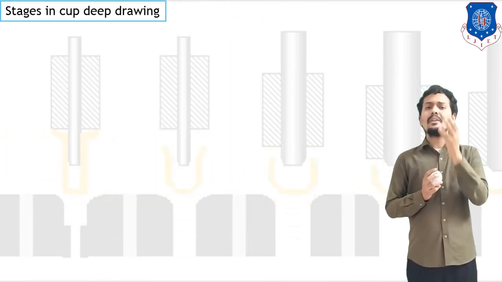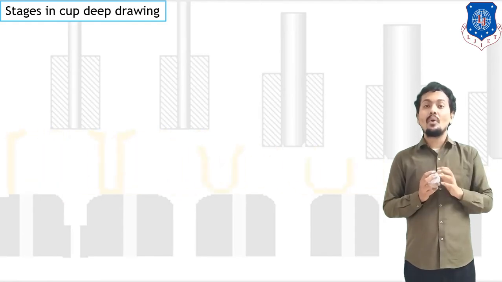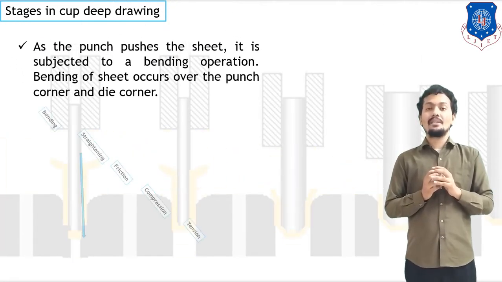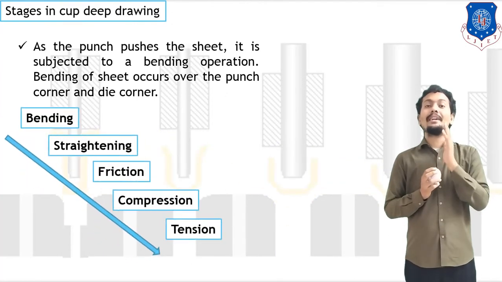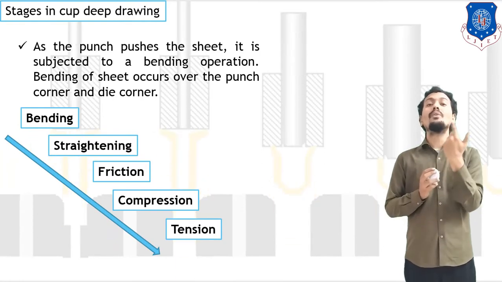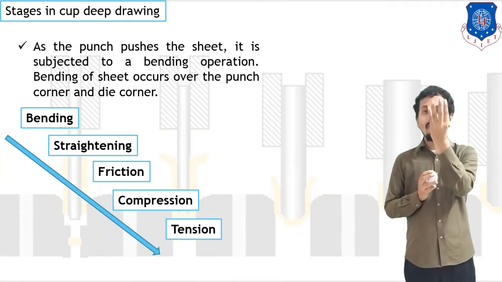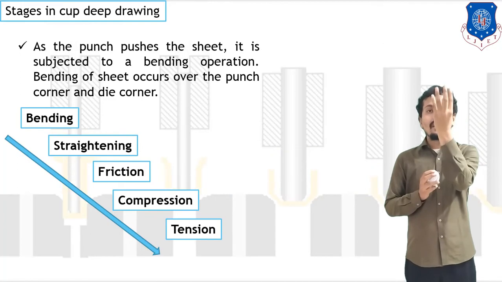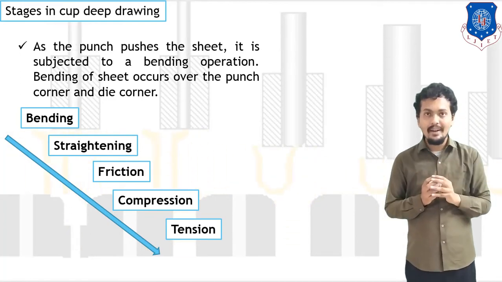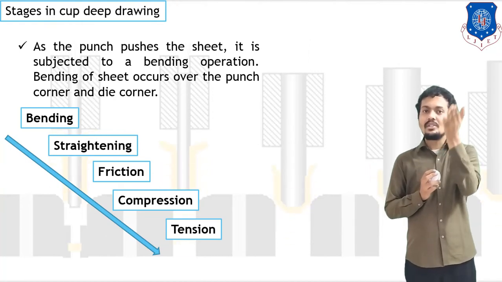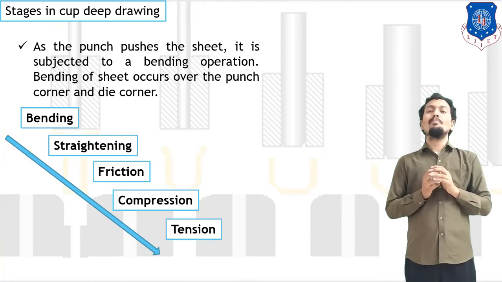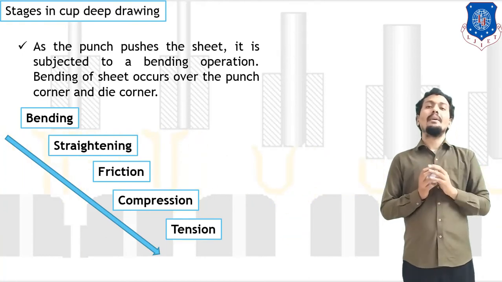So here I mentioned the different stages in the deep drawing process, right? In the deep drawing process, as per our discussion, what happens here? We have to hold our sheet metal at the outer periphery. After that, with help of the punch, we can operate the punch and make our material flow plastically, right? So here I mentioned the different stages for the deep drawing process, right? Our purpose is to make the cup, right?